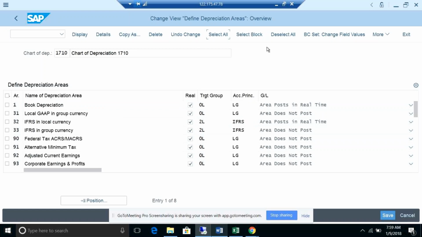I'll go to the other screen where we see how we need to sync up. So we have done the settings in the GL part, right? In the GL, we created the ledger, we created the currency types, and we defined the accounting principles for our company code.